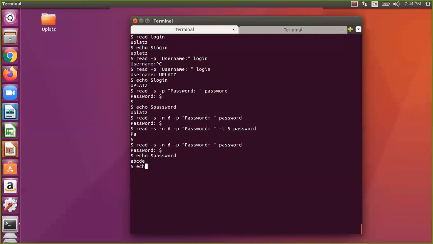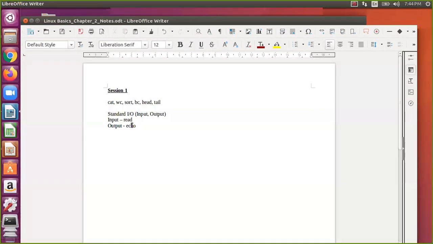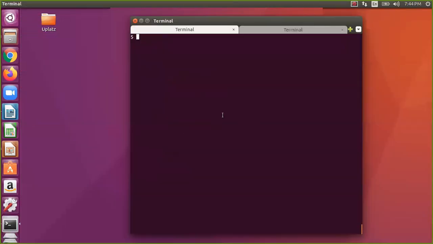So now let us assume echo. If you don't want the end of the line, you can say -n actually. So no new line. It will not give any new line, which it does by default. It will directly give that particular output. Okay, so these are the standard input and standard output. So now we have seen what standard input and standard output are.